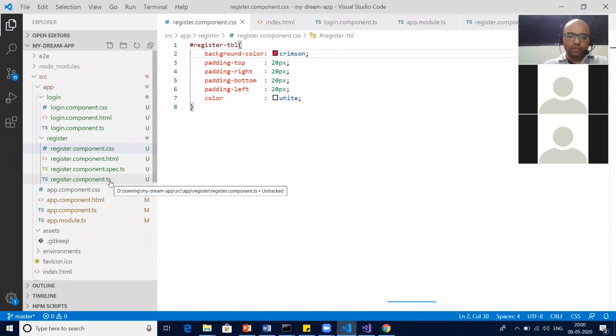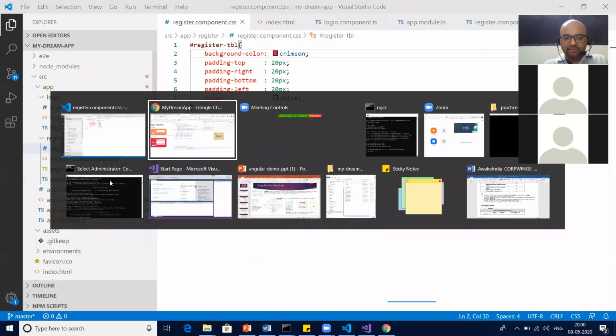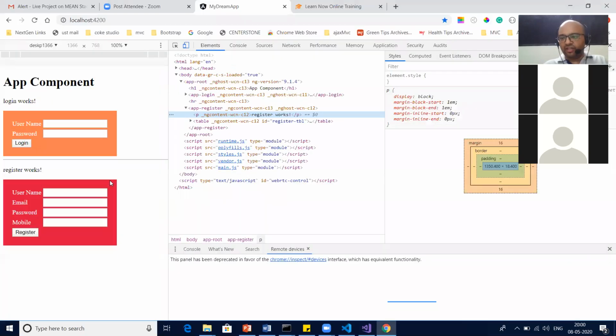So let's see some dynamic stuff. Dynamic stuff means changing the value dynamically in your form or on your HTML. Let's see that part. As of now everything looks static, but let's see something dynamic.